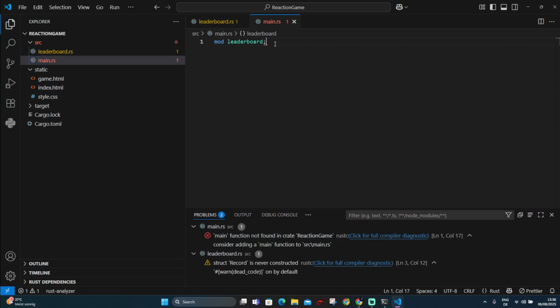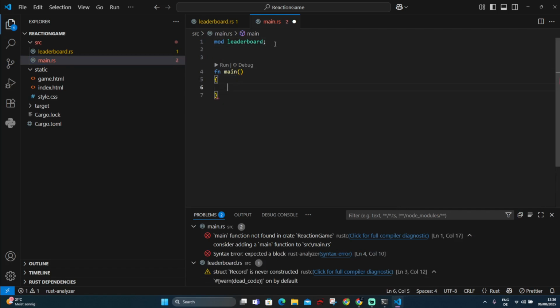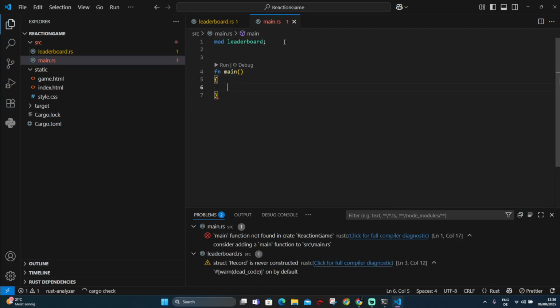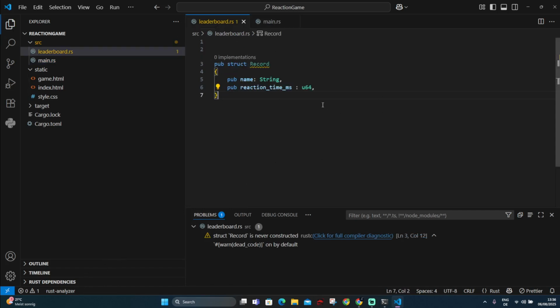So let's create a simple main function: fn main, which returns nothing, and we are done. And for that we can write println hello. Now for Rust Analyzer, everything is okay, and that's why you are able to see the Record. Now what we need to do is